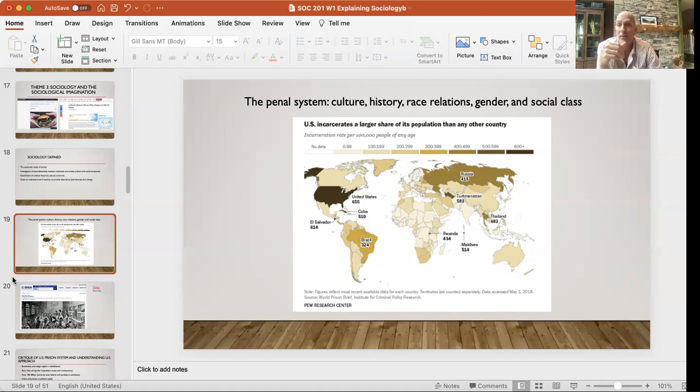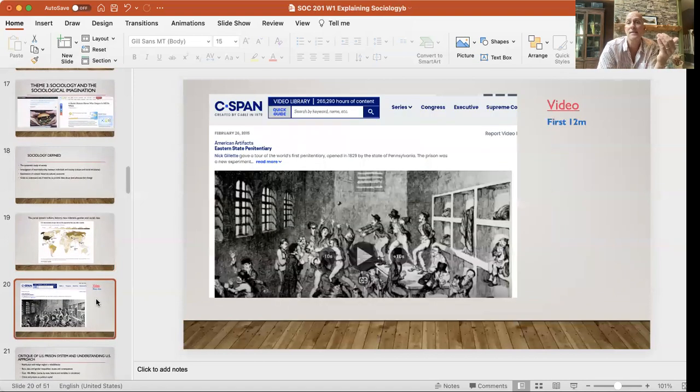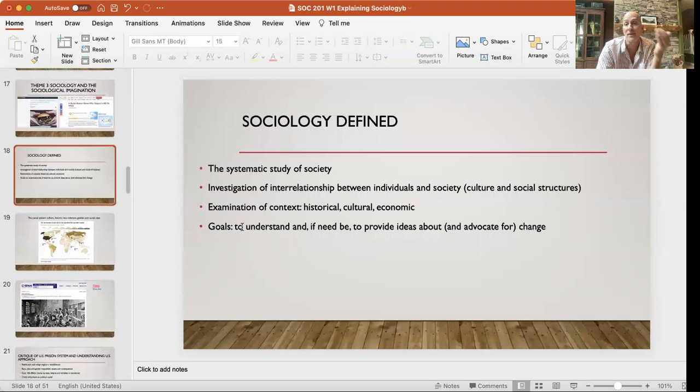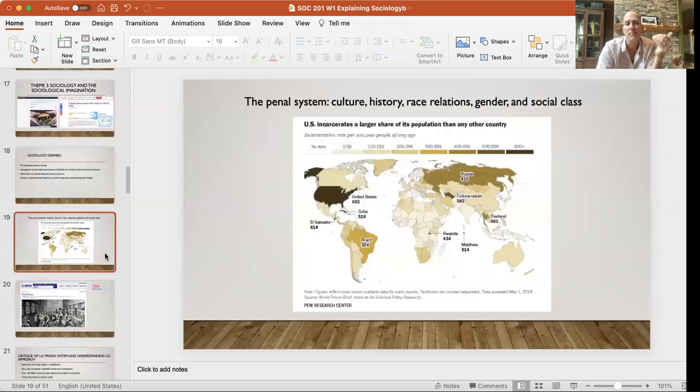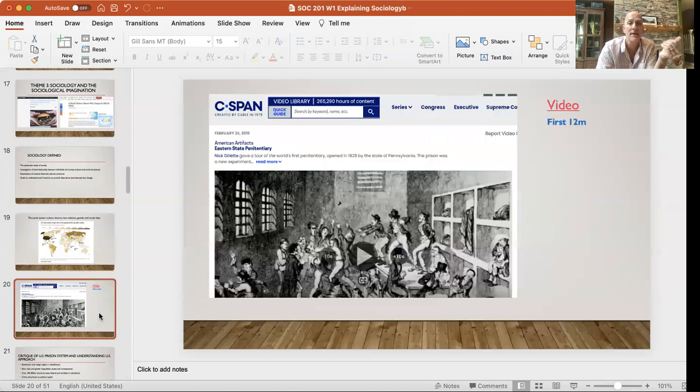The importance of trying to understand that is to evaluate whether or not that system is one that's working well for us as a nation, as a people, whether or not that model is effective for the stability of society itself. So to understand the present, we have to deal with the past, to understand culture and all these different influences. By understanding, it can put us in a position to provide better ideas about how to social engineer or design systems that are more effective.